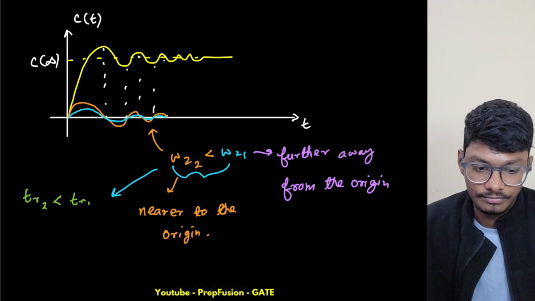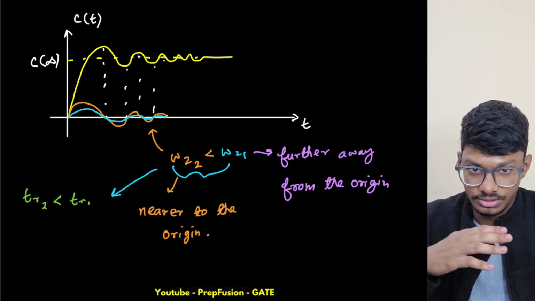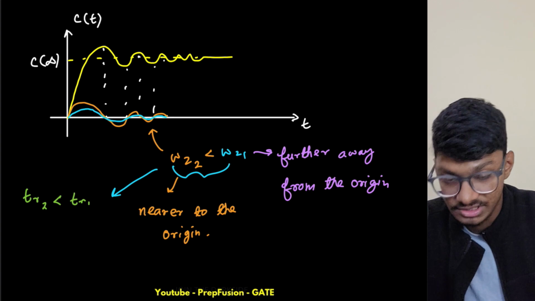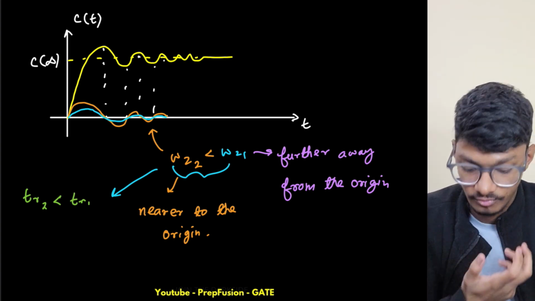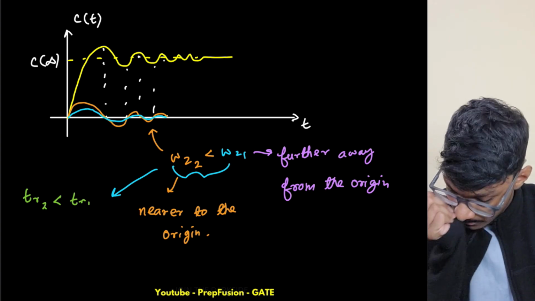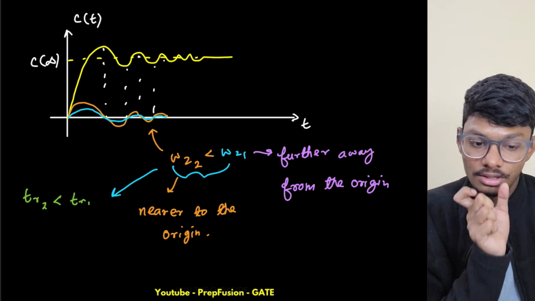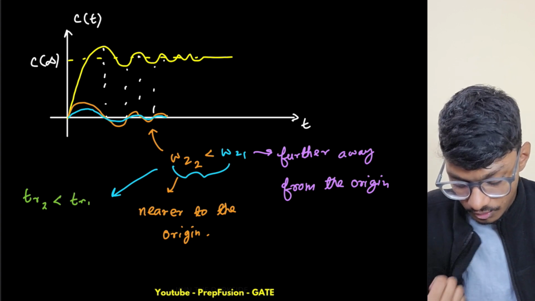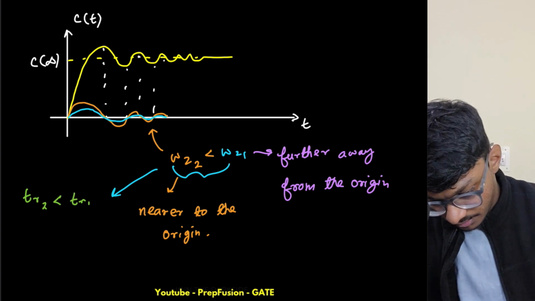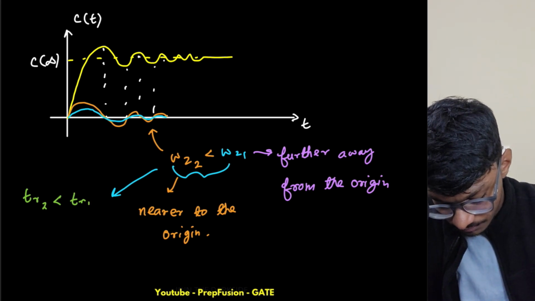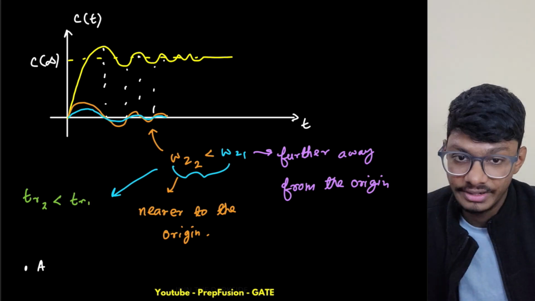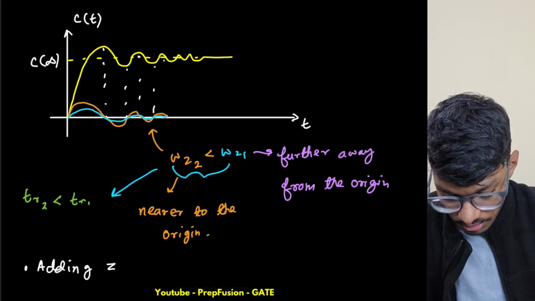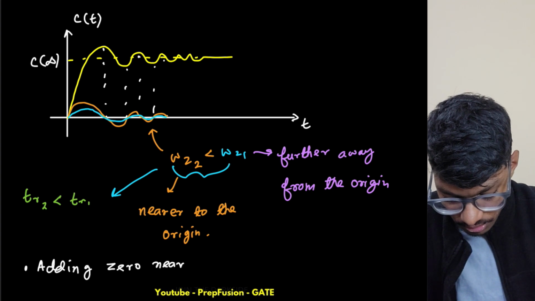Okay, so from here we can understand TR is reducing as omega z is increasing. As we are adding a 0 nearer to the origin, my TR is reducing. Now does this have a negative effect? Yes, this does have a negative effect. Adding 0 nearer